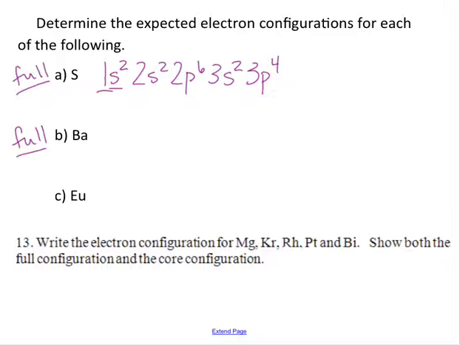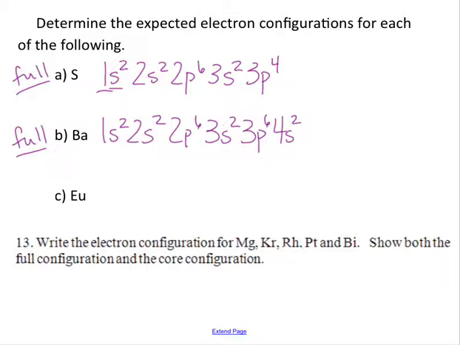All right, barium. Barium is quite a ways down. Yes, we are doing full. It's going to be painful, but you'll never have to do it again. If you know how to do that, you're good to go. So barium, let's start out. 1s2, 2s2, louder, 2p6, 3s2, 3p6,